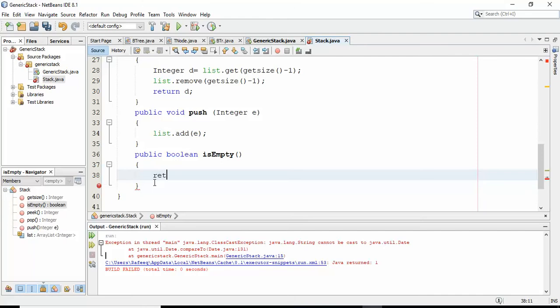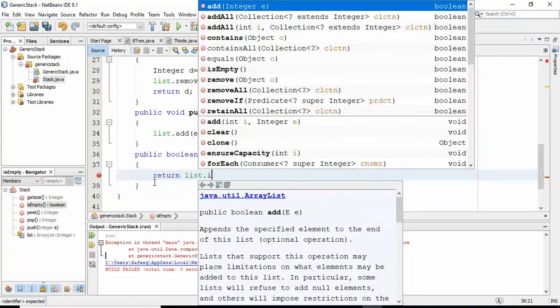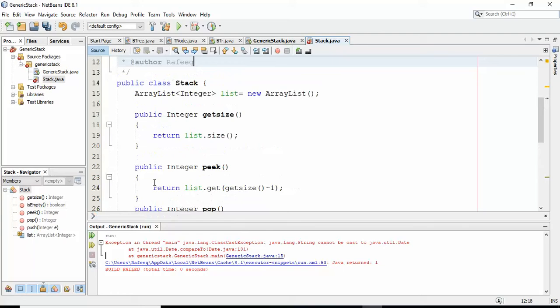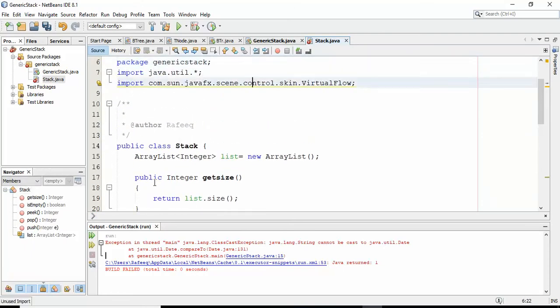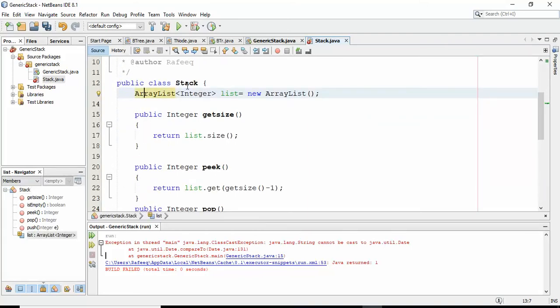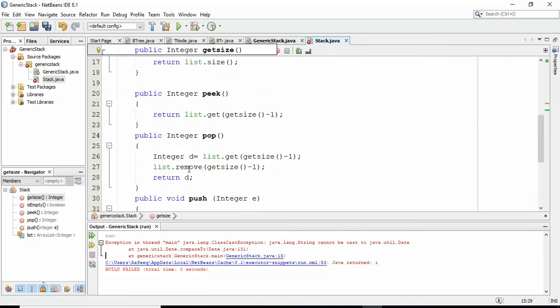So here return list.isEmpty. Okay, so that's good. And now I don't want this one, it's not necessary, we didn't use it. And this is the stack, and this is the array list to represent the stack: get size, peek, pop,